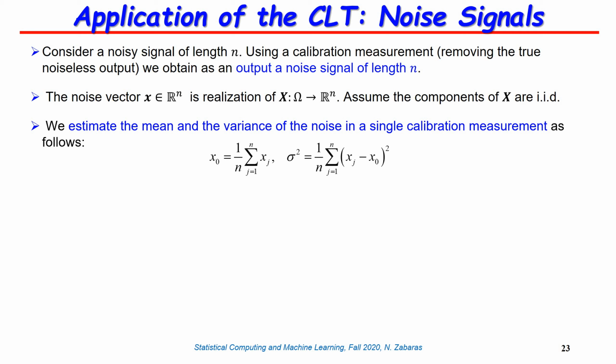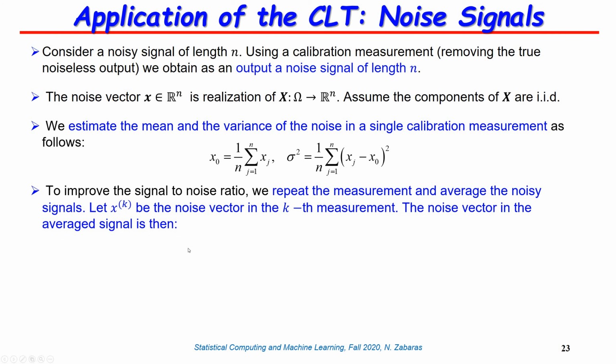All right, so if you average these signals, you are obviously averaging the noise as well, right? You don't want to go and compute the noise at each measurement that you do, but in effect you're averaging the noise over the repeats of the experiment as well. So let me take the kth experiment where you do some measurements, and let's call x little k the noise vector in that kth measurement. If you're going to average your noisy signals, effectively you're defining an average noise vector as well, that looks like this.